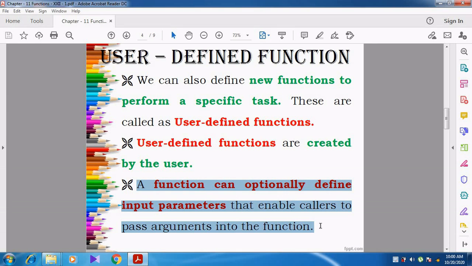Whenever we are defining the function, we can optionally give the input parameters. Why? Whenever somebody is calling the function, at that time they can pass the value to this parameter. They can pass the arguments, and those arguments will be assigned to the parameters.